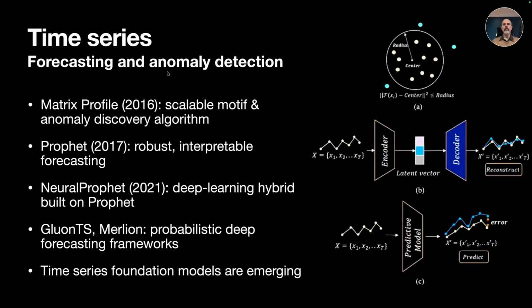But the network version of this is these days we are used to seeing this kind of encoder-decoder connection. So you have a system that takes some time series and encodes it in a smaller latent space, and you have a decoder that attempts to decode that, and you can then think of the difference between those two as being how interesting that time series is. So points that are far away from the reconstruction are possibly anomalous. Another way of thinking about the same thing is that you have your time series and you have a predictive model, and anything that happens in the real life that is far away from that prediction is anomalous.